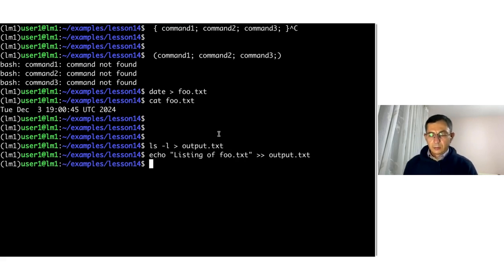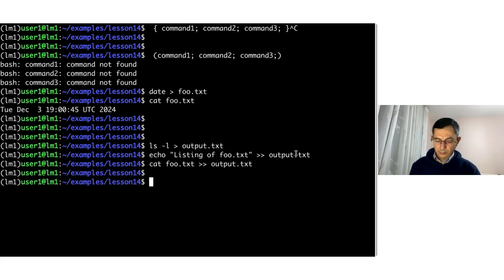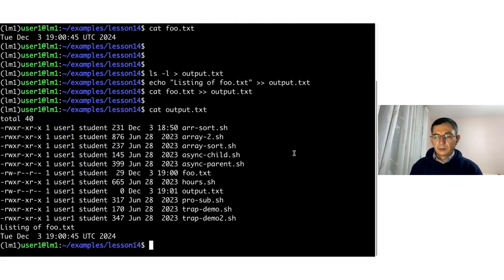And now another command, and appending the output again to the same file. And this file now looks like this. So what can we do instead is we can start a group command